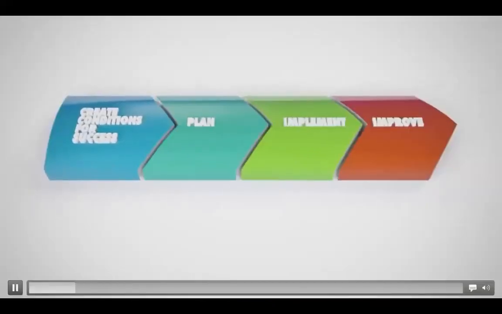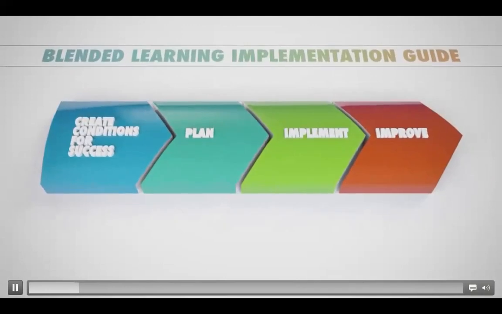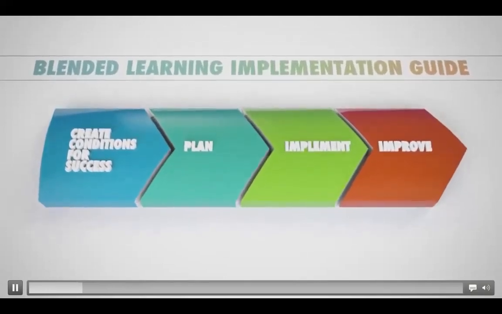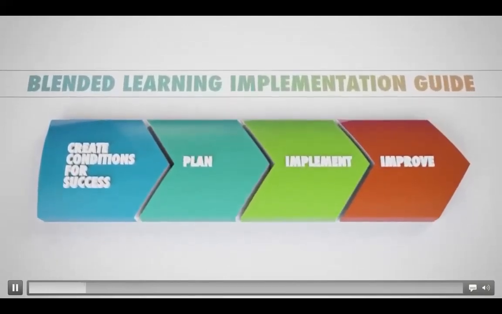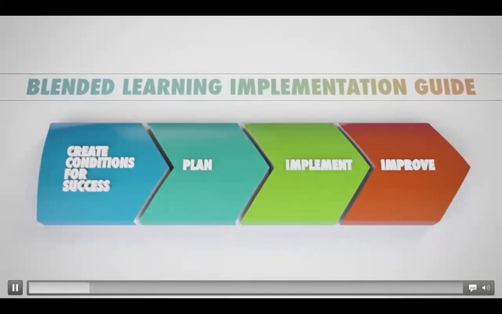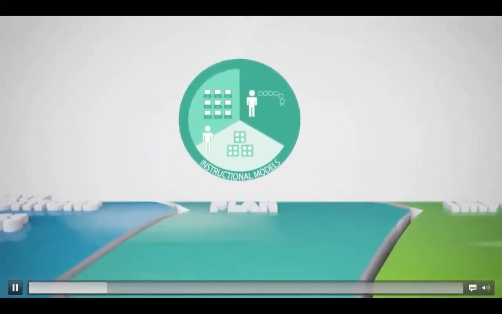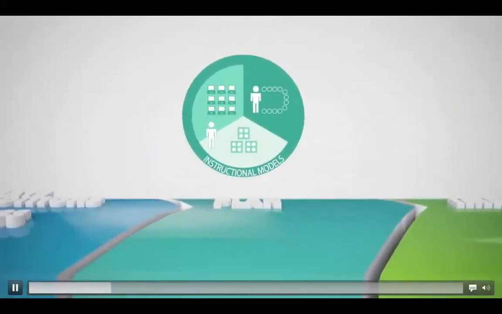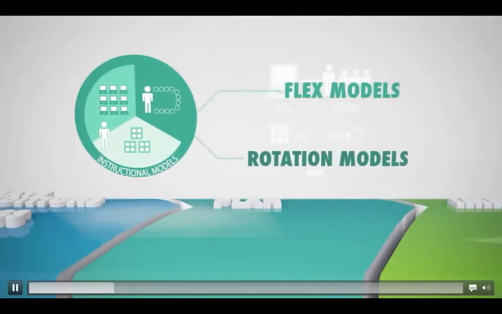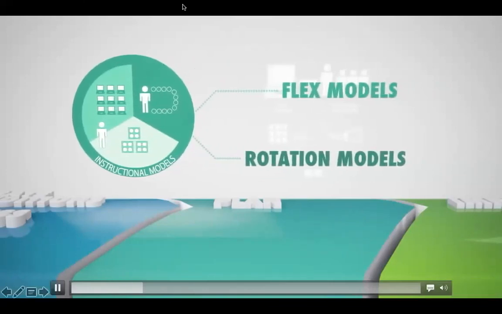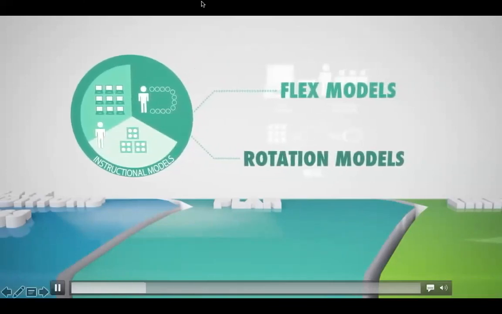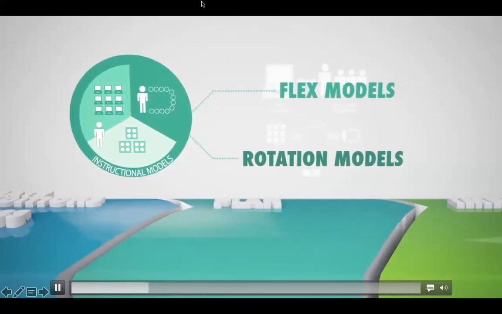The Blended Learning Implementation Guide discusses 4 phases, including planning. During this phase, school leaders must set goals and select or develop a school model. After planning decisions have been made, school communities can then implement and improve on their blended learning model. Blended learning combines the best of personalized online learning with face-to-face on-site support and hands-on application. Through the flex and rotational models, students are given some control over the time, place, path, and pace.